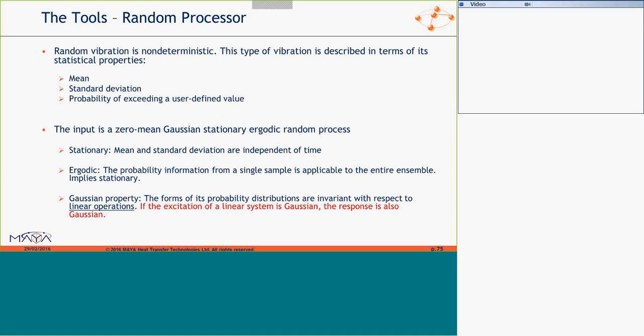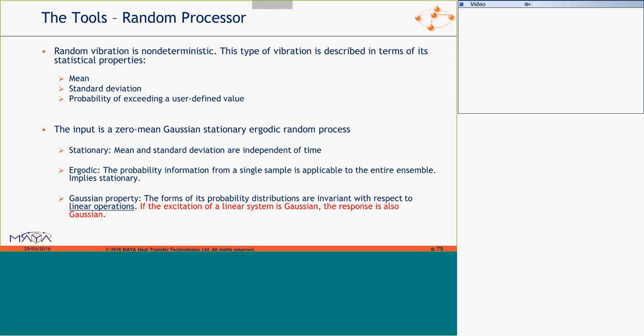So non-deterministic means that you don't really know what the magnitude of the responses is at any time. But statistically, by looking at the mean, the standard deviation, and so on, we can work with that. We can get meaningful results. It is a zero mean, Gaussian, stationary, ergodic random process.